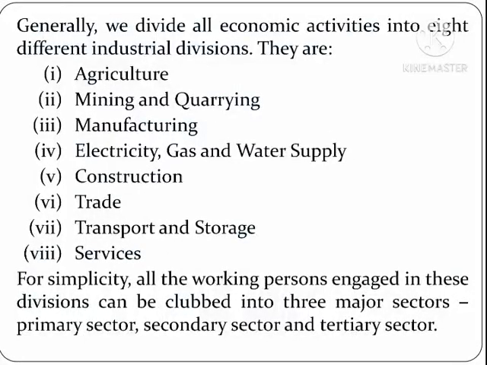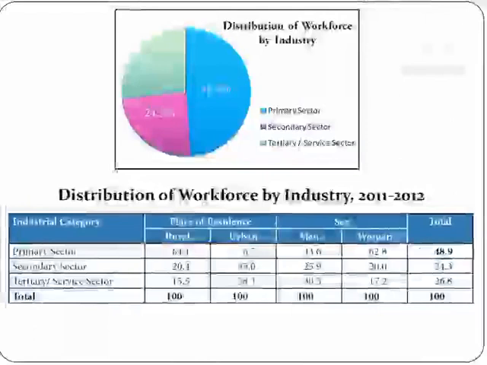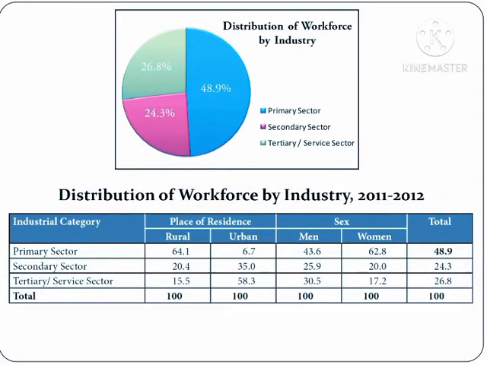Generally, we divide all economic activities into 8 different industrial divisions. They are agriculture, mining and quarrying, manufacturing, electricity, gas and water supply, construction, trade, transport and storage, services, etc. And for simplicity, all the working persons engaged in these divisions can be clubbed into 3 major sectors, that is primary, secondary and the tertiary sector. A pie diagram and a schedule is given here for the distribution of workforce by industry in